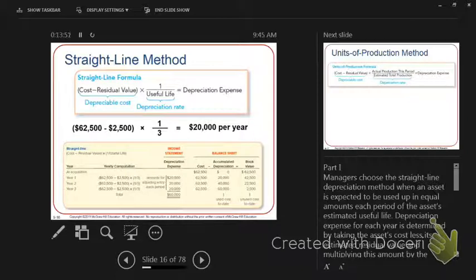But remember, just like FIFO, LIFO, and weighted average, a company's only going to use one. You guys have to learn all 3. But a company's only going to use one. They can use different ones for different assets if they want. But in that asset, they're going to use one. So don't pull a number from one of the problems above to put in here. That number is 0. So 62.5 times 2/3, if I can remember, is